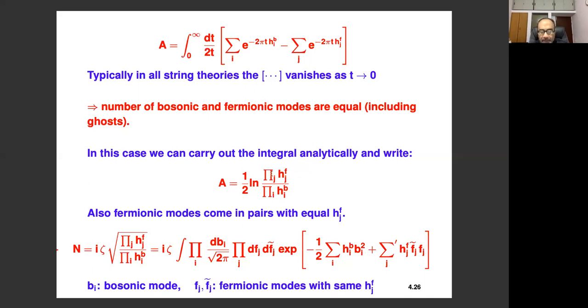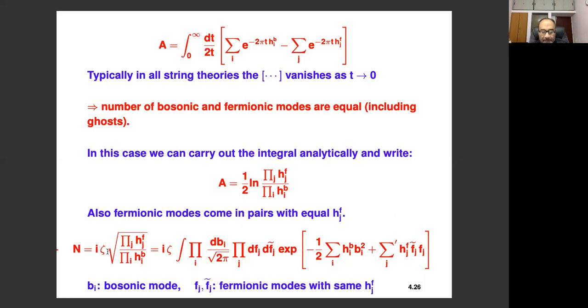And I should also say that fermionic modes always come in pairs, right? For example, the two ghost pairs, the vacuum and the c_1, c_{-1} of the vacuum. They are always paired. So this object, or N, which is the i zeta times the exponential of this, is now given by this. And the idea is that now we want to reinterpret this as a result of a path integral in string field theory.